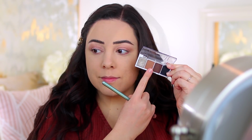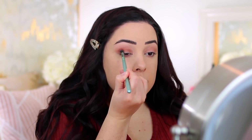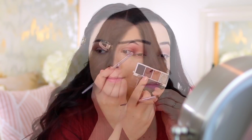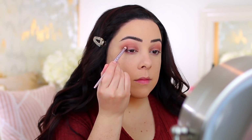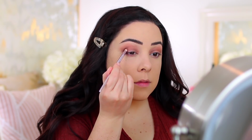I have the two neutral quads, so I have Truffles. I'm mainly wearing Truffles on my eyes today, and then I also have Cream and Sugar, which is one of my go-tos. The matte shadows just blend out great. They're very smooth, really easy to work with. They're a little bit powdery, but I think that's why they do blend out so well, and the metallic shadows